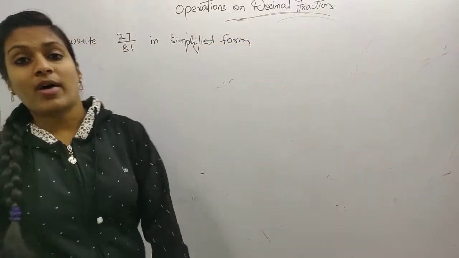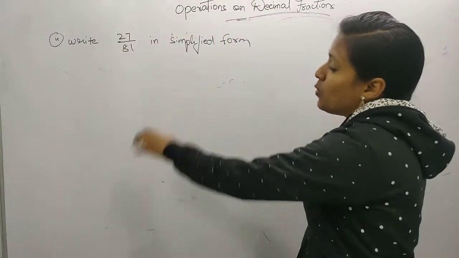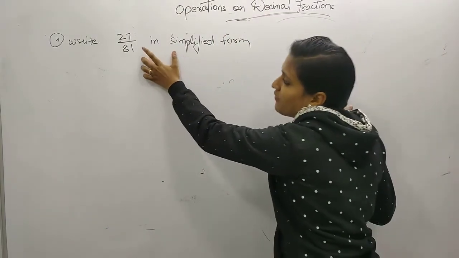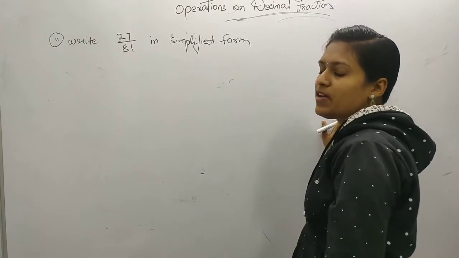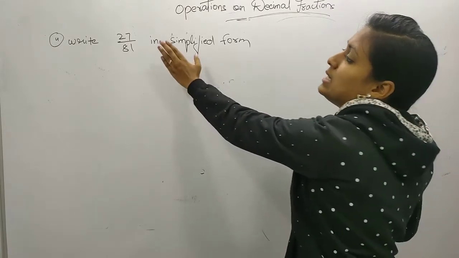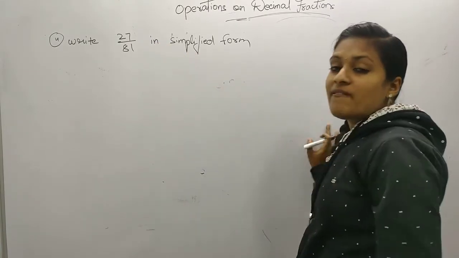What will you do? What is the question given here? We have to write the fraction 27 by 81 into simplified form. Means first,